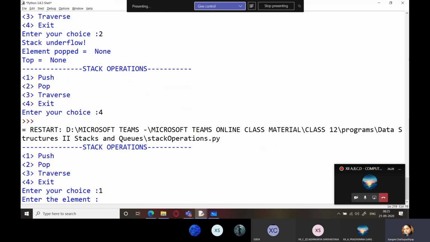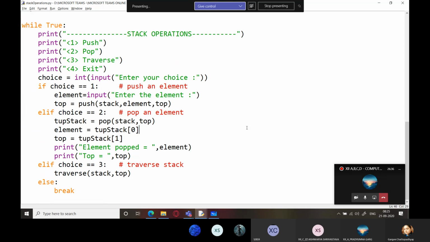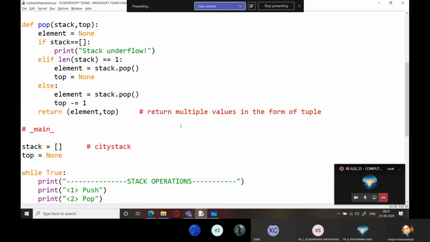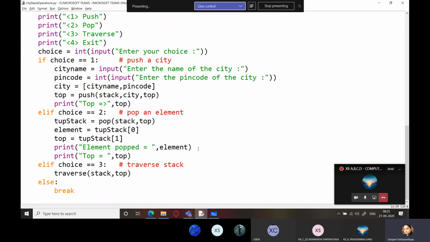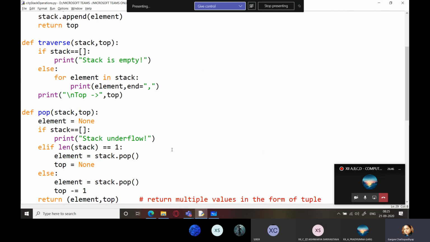So push, enter the element. Stack operations. Okay, this is what we were supposed to do. Everything will be the same.